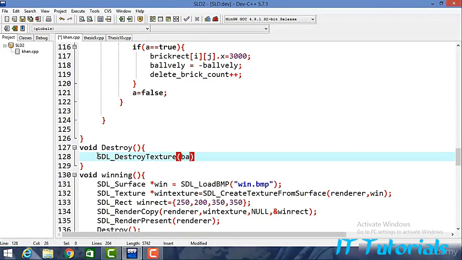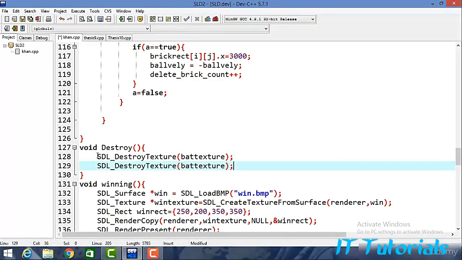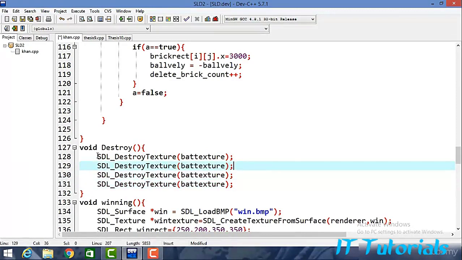So just type here pad texture. Now copy it, Ctrl C, Ctrl V, Ctrl V. This brick texture, background texture,